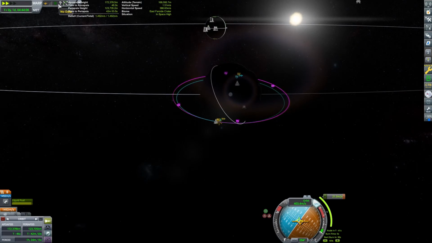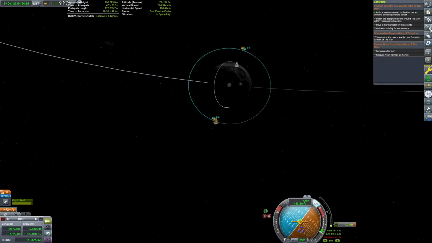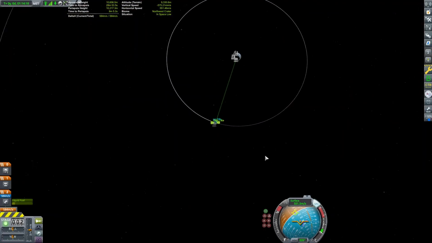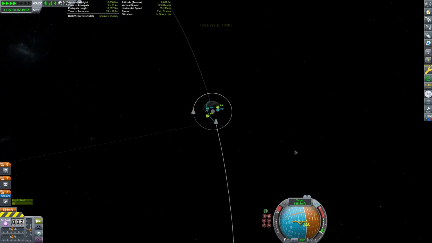Little burn. And yeah, these satellite contracts, you just got to be close. You don't have to be exact, but you do have to be orbiting the right direction. All right, that contract's complete. Back to our craft. And I'm going to wait until my orbit lines up with the Mun's orbit around Kerbin,